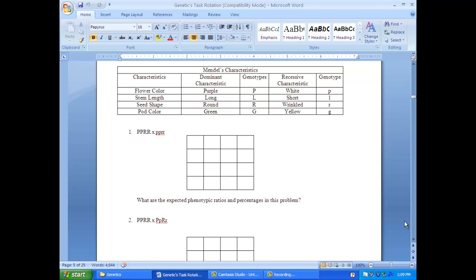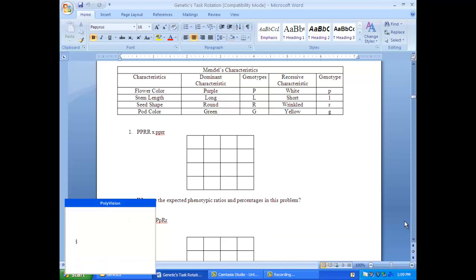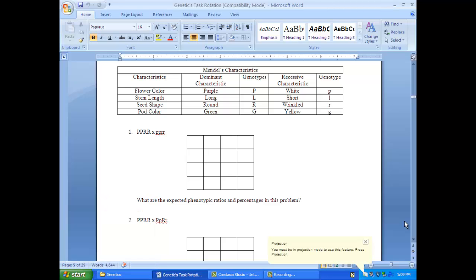Take two. This problem here is probably the easiest one because I'm giving you the genotypes. You didn't need to read anything to make the genotypes. I'm simply giving these to you. So, once I give you the genotypes,